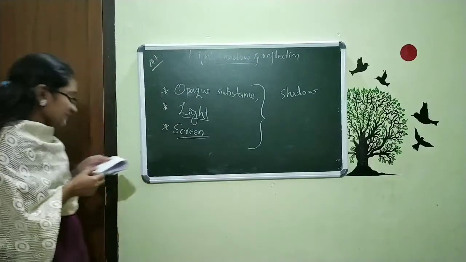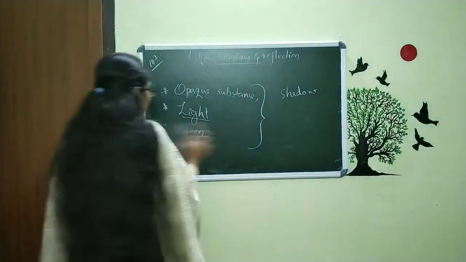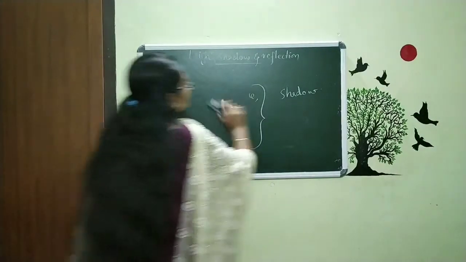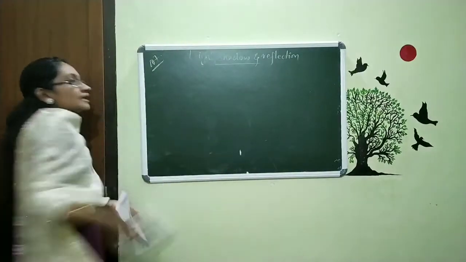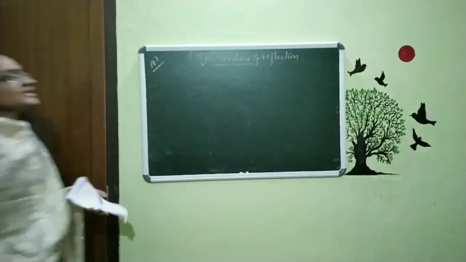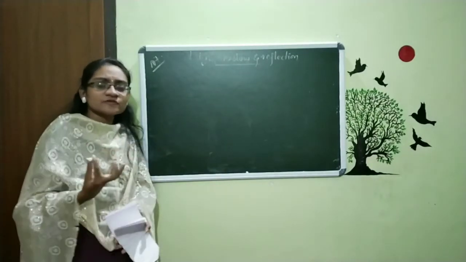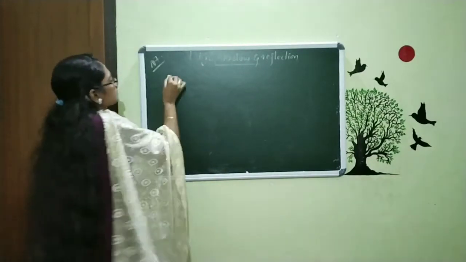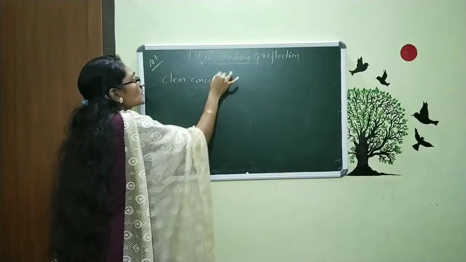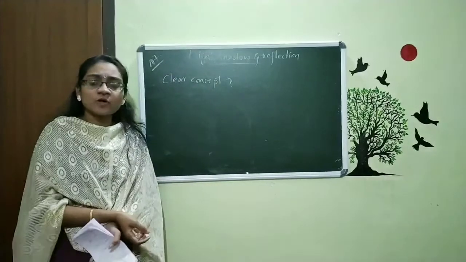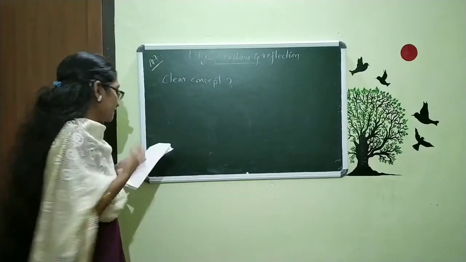So that is the thing mentioned in your textbook. Just read it. So these are the three things required to see the shadow. Now the other question is this. Does the shadow give a clear concept of the object, or clear details of the object? What do you think? For example,